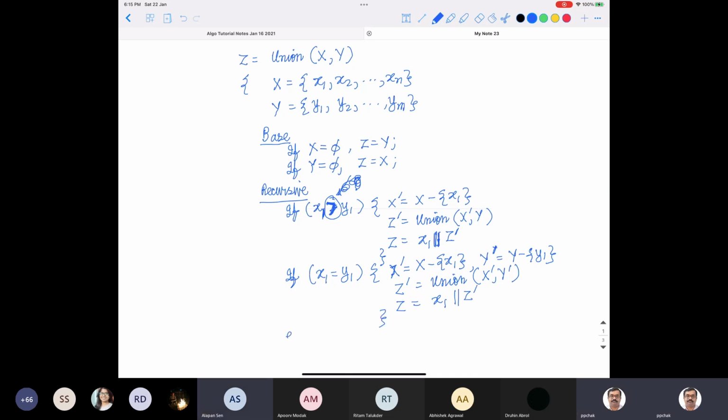And what else? What is the else part that is left? Else part will be what? Now y1 is greater than x1. Subtract from y, so y dashed is equal to y minus y1. Z dashed is equal to